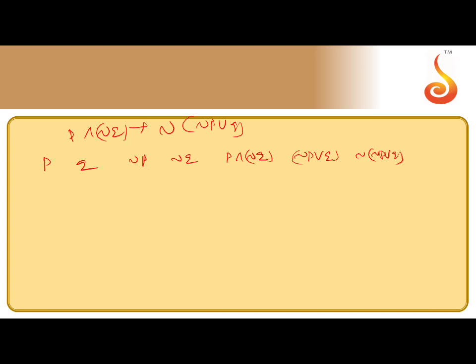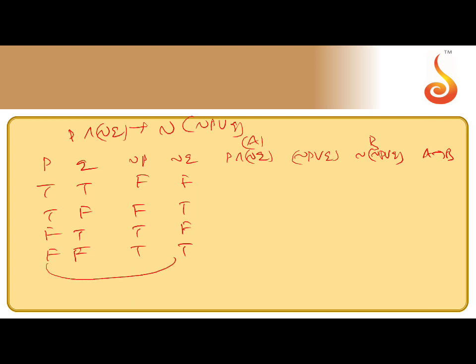And what you want here? This implies this. This you can take as A, this you can take as B. So finally you want A implies B. So T, T, T, F, F, T, F, F. Negation of P means F, F, T, T. Negation of Q means F, T, F, T. So P and negation of Q: and means both are true, otherwise false. TF gives F, TT gives T, FF gives F, FT gives F.